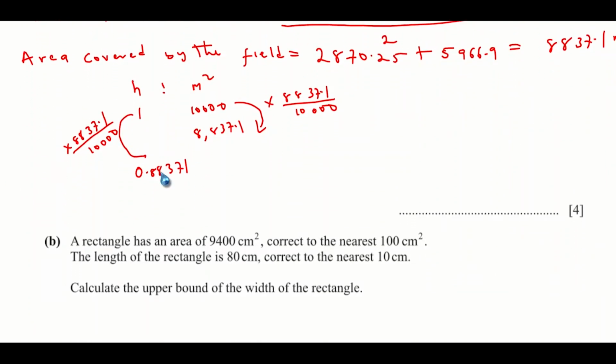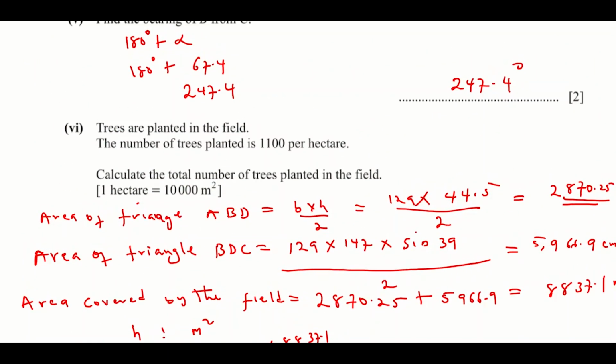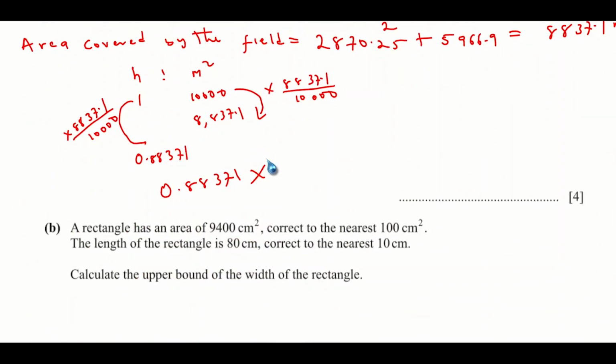That would be 0.88371 multiplied by 1100, because we have 1100 per hectare. So this is what we need to do, and this eventually will give us